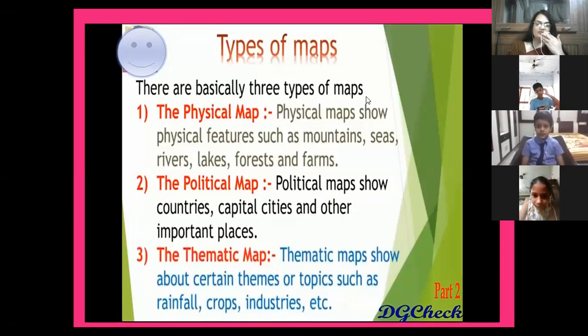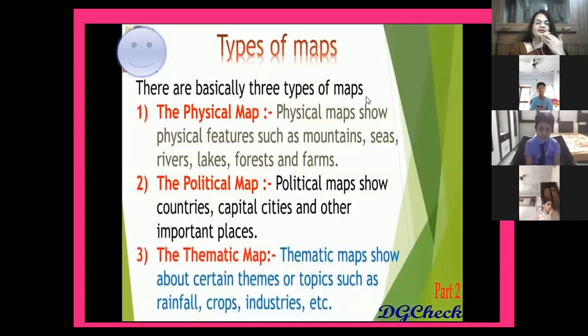See students, you have seen the globe also and the map also. Maps are more advantageous and helpful. Why? Because they give us detailed explanation. If we want to know about mountains, we go for a physical map and it gives detailed explanation about it. For example, if we have to study about India, we get detailed explanation about the country, its different states, capital cities, and other important places to visit. But on the globe, we can't find everything in detail.